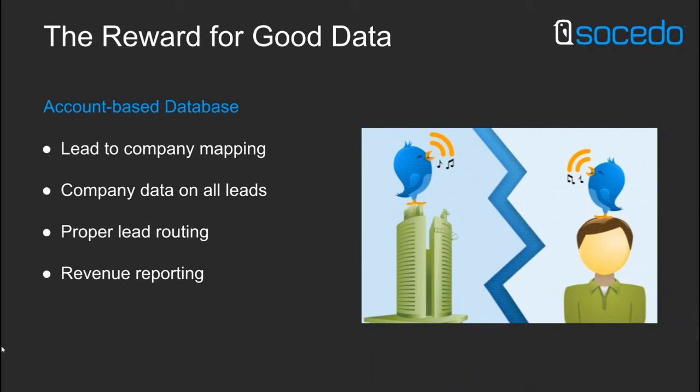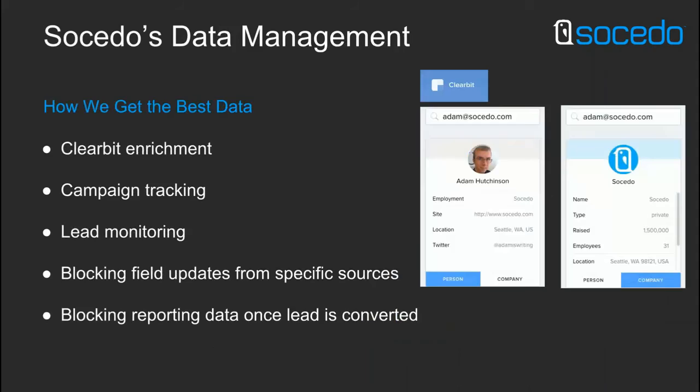Again, it also opens up more correct revenue reporting all the way through my funnel. Because if there was a lead who's maybe not actually the decision maker on an account, but they viewed a webinar about Socedo, and then they went and talked to their manager and said, hey, look, I saw this. Did you know Socedo could do that? And then all of a sudden that deal closes. Well, guess what? I want that revenue to go back to that webinar, even if it wasn't necessarily the decision maker on that account. But if I'm looking at every lead in my system and attributing on an account level, all of a sudden that revenue gets back to the right programs. So I'll talk a little bit about how we implement an ABM strategy here at Socedo in a second.